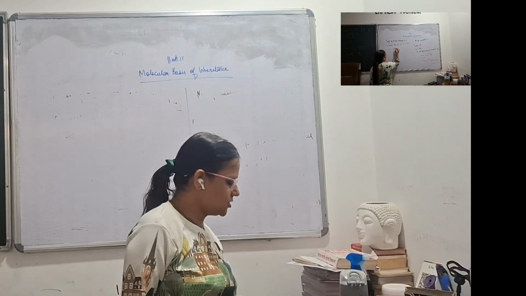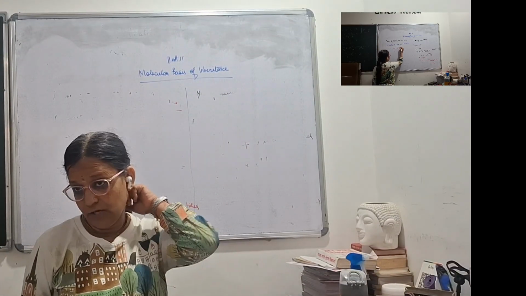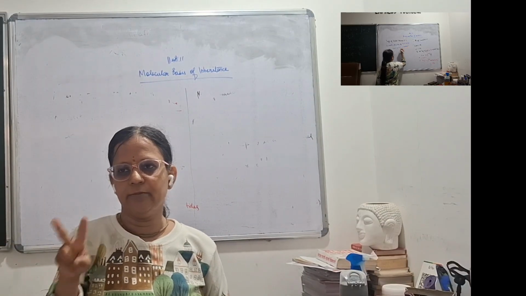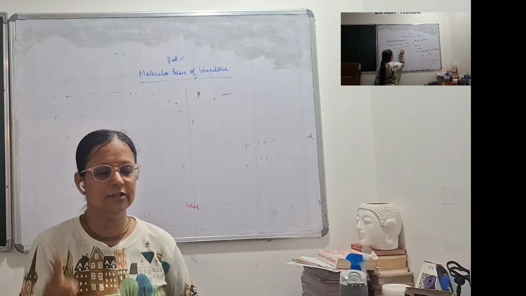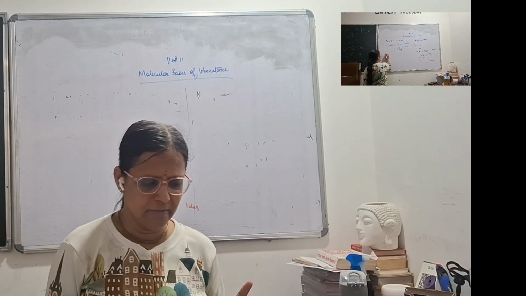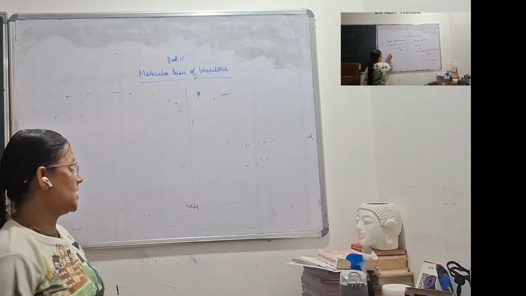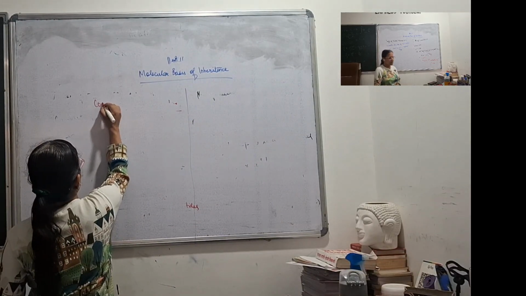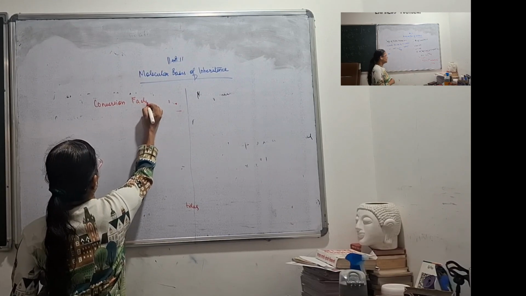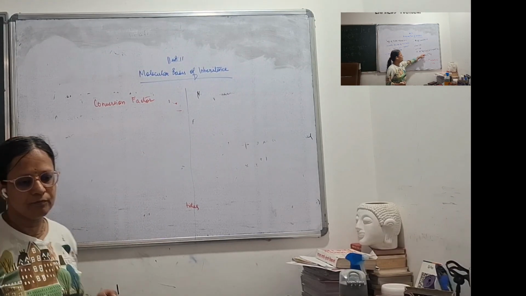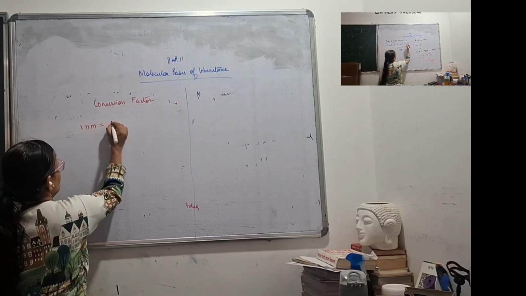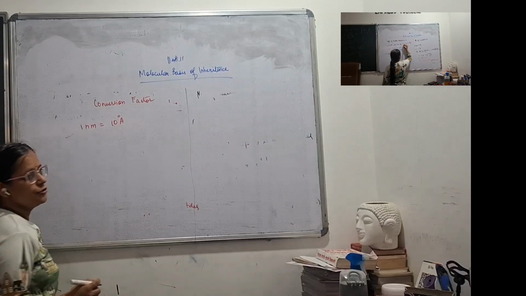Before that, let me give you some conversion factors. Okay, you will have to memorize them. See, often the DNA double helix dimensions are either given in nanometer or they are given in angstrom. So you will have to remember one conversion factor, and that I am giving you. Write down: 1 nanometer is equal to 10 angstrom unit.